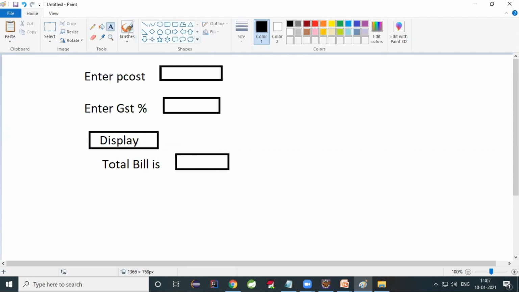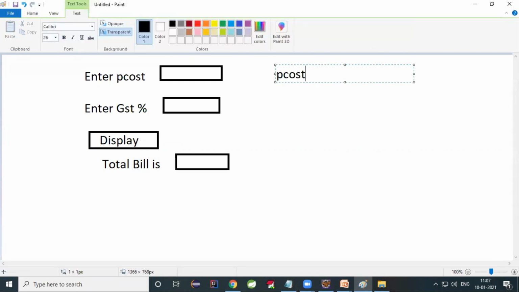For example, if the product cost is 200 rupees, 10% is the GST. Next, calculate the GST amount. How to calculate GST amount? 10 by 100 into 200. 10 by 100 means how much? 0.1, 10% is 0.1.